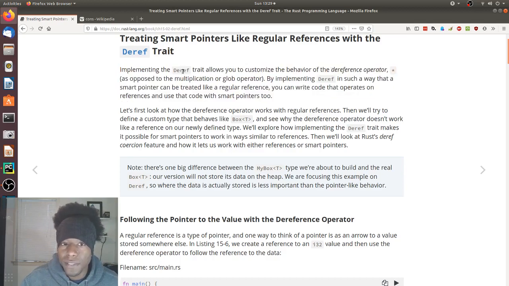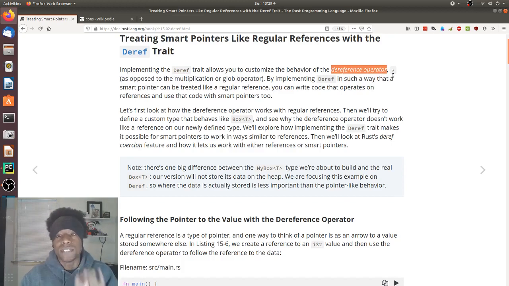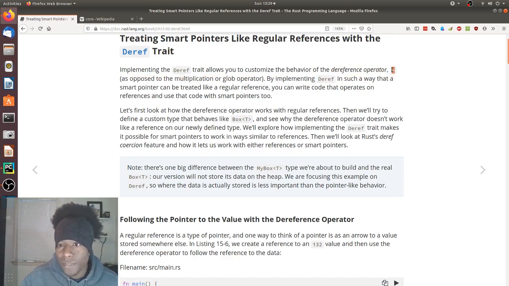But they do explicitly say that deref allows you to customize the behavior of the dereference operator. Thank you for explicitly stating that. I would have liked that earlier. You might have said it, I might have missed it. I don't know. Which is the star. And then they had to clarify that this is not multiplication or a glob operator here. It's a dereference operator. One thing that they said that was sort of interesting was that